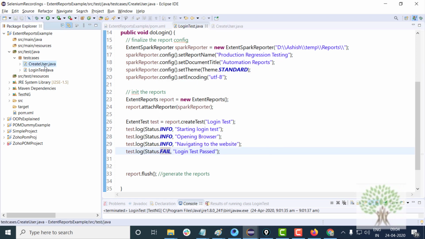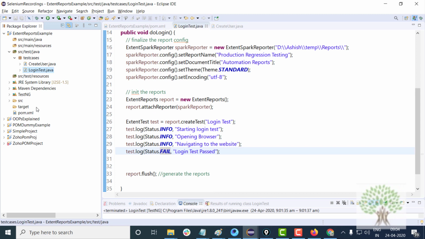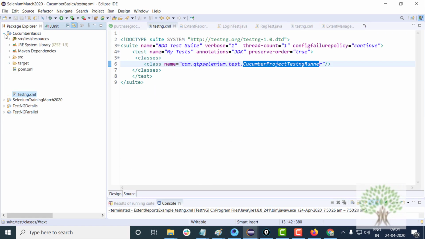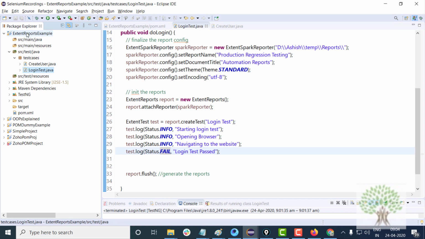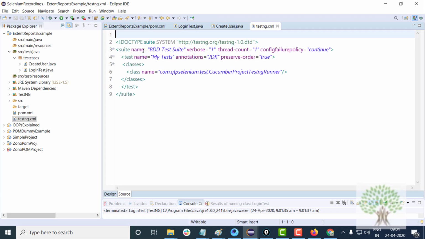Now when you run both of them together in a batch, obviously you will have to use testng.xml. Just a minute, I'll get testng.xml out here in the project, and I'll add both the tests in testng.xml.